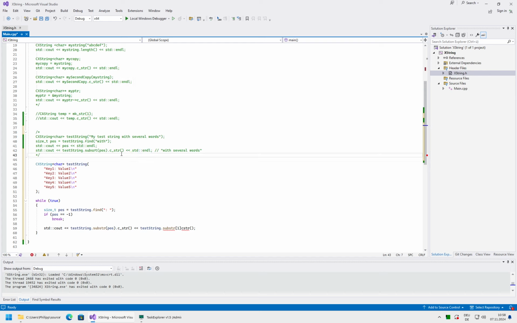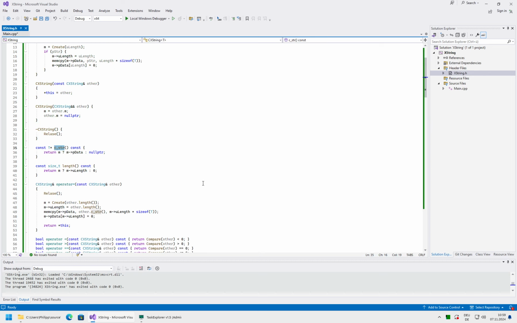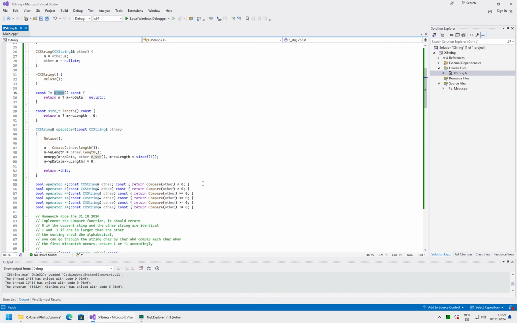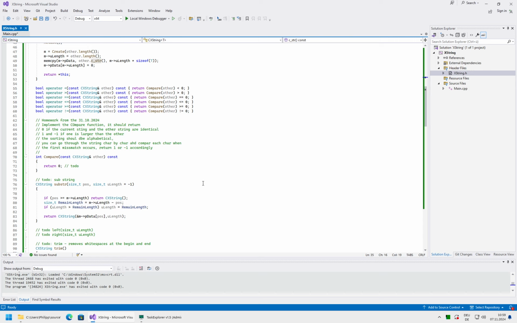No, I print the whole string, and endl just prints a new line character on the console. Okay, if you want to print the whole thing, then this will do it. It's the second argument of substring.